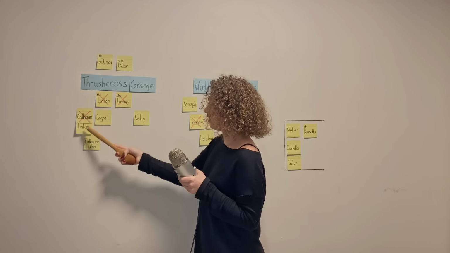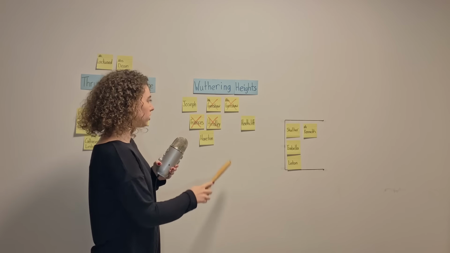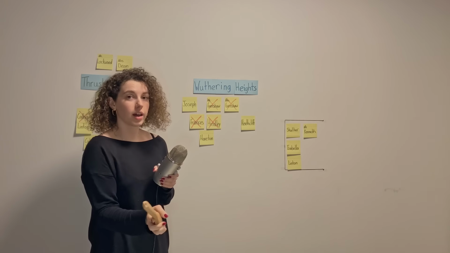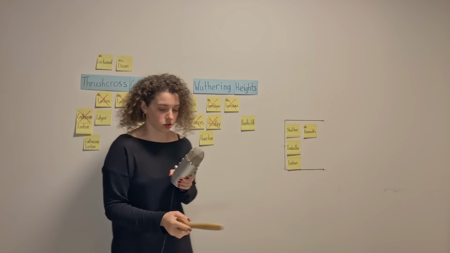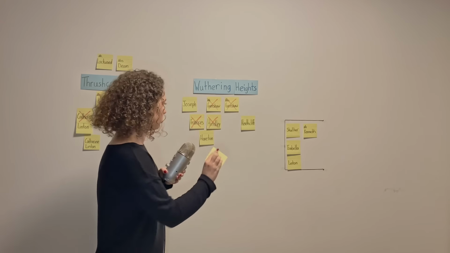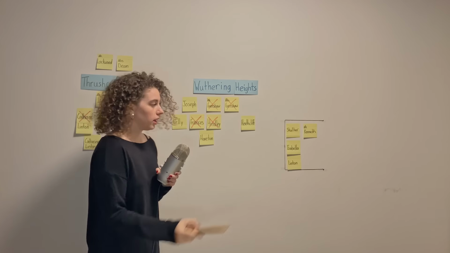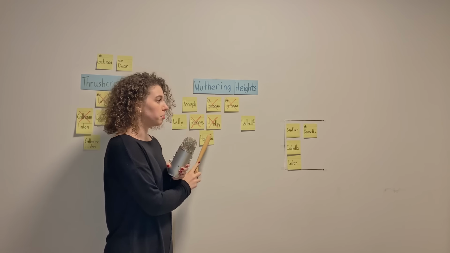Got it? 6 months after Catherine dies, Hindley dies. The Earnshaws are dropping like flies at the moment, okay? Catherine's died, Hindley is dead, Hareton is the only Earnshaw left at this point. Nelly goes to Wuthering Heights to plan Hindley's funeral and then also to attempt to take Hareton back to